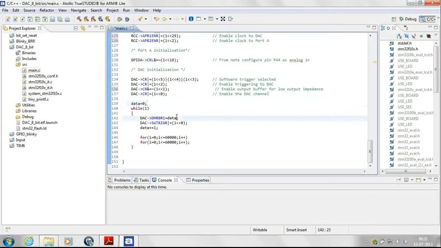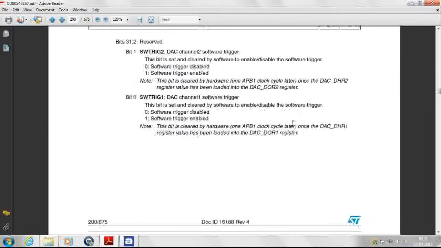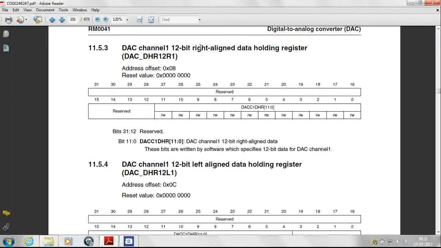Next, in the while loop, we'll transfer this data to the data holding registers. So for data holding registers, we'll just come down. What are these? As I've told you, the DAC channel has some data holding registers which are 12-bit right aligned or 12-bit left aligned. These are the registers to which the user writes, and only after the user writes this and gives a trigger will this data be copied to the actual DAC register from which the conversion takes place.